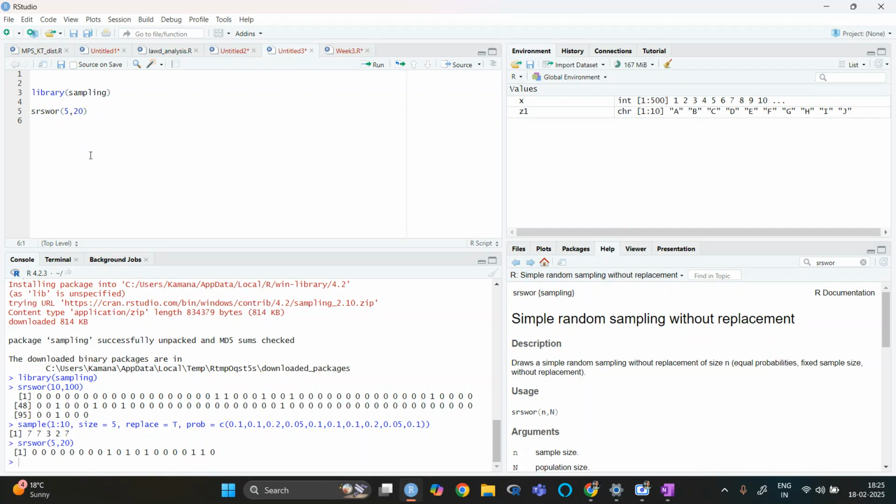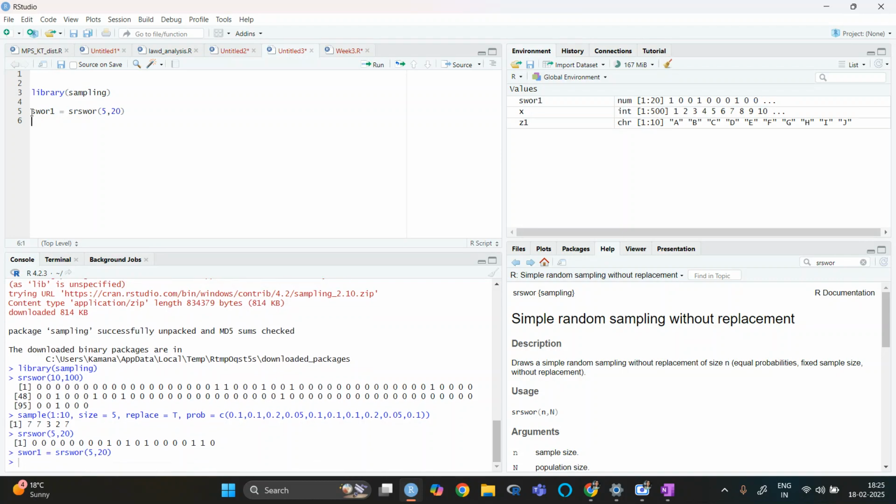Now we can do it again, or we can save it in an array. Let's say I save it as SWOR1. It has these numbers, 1 and 0. Now what we can do is change it just